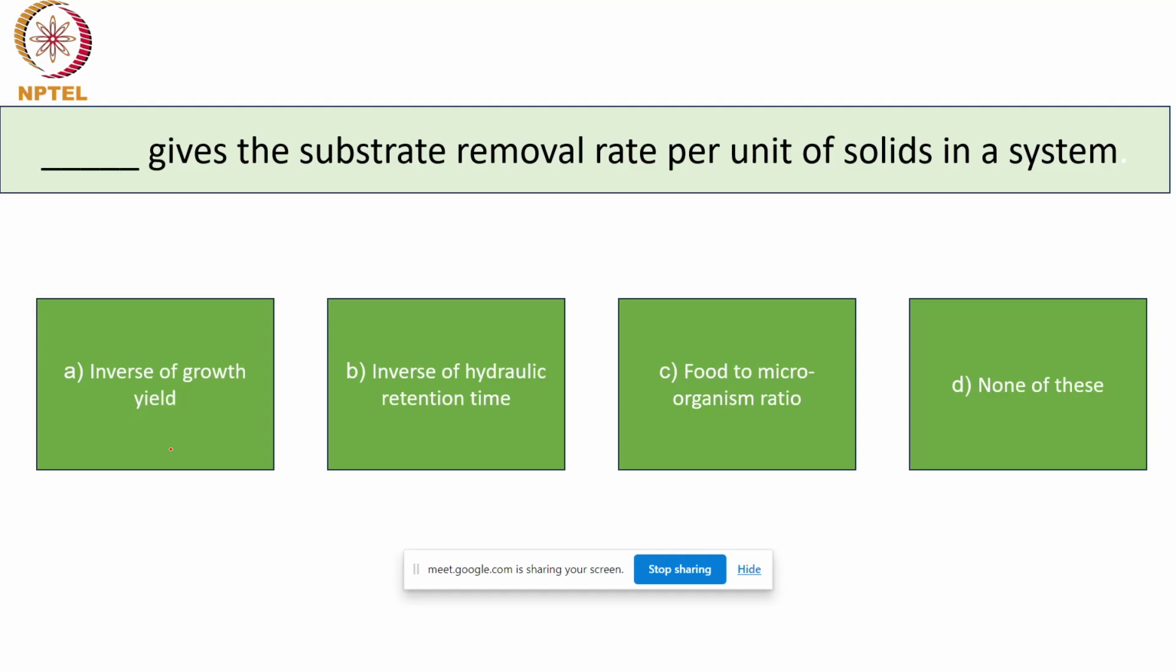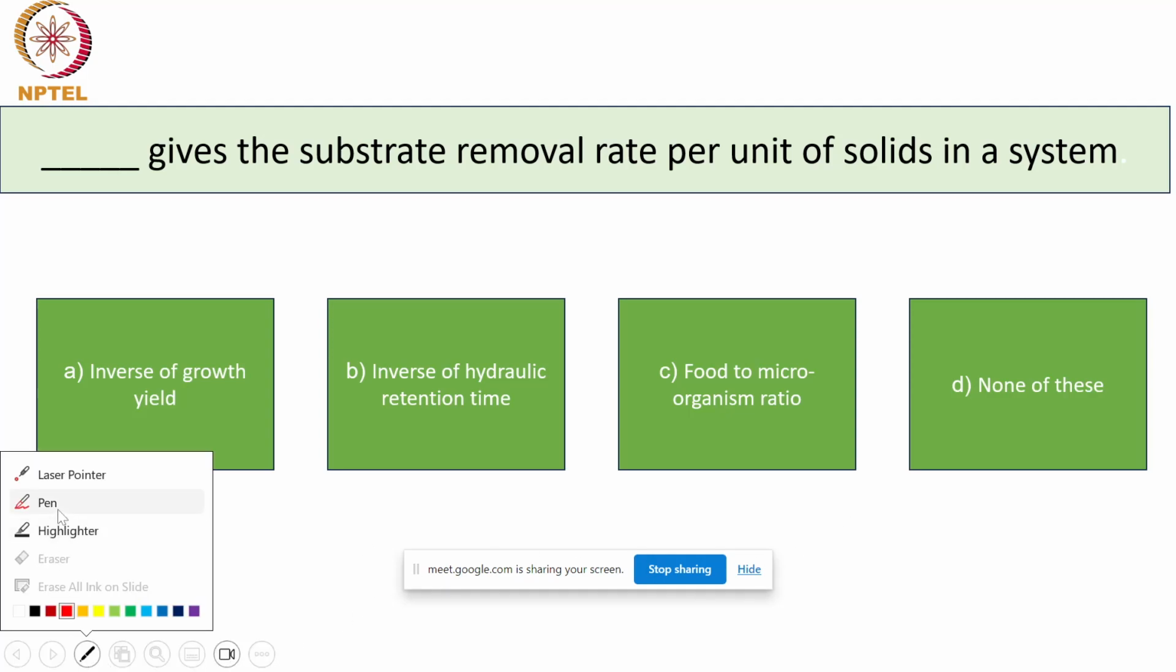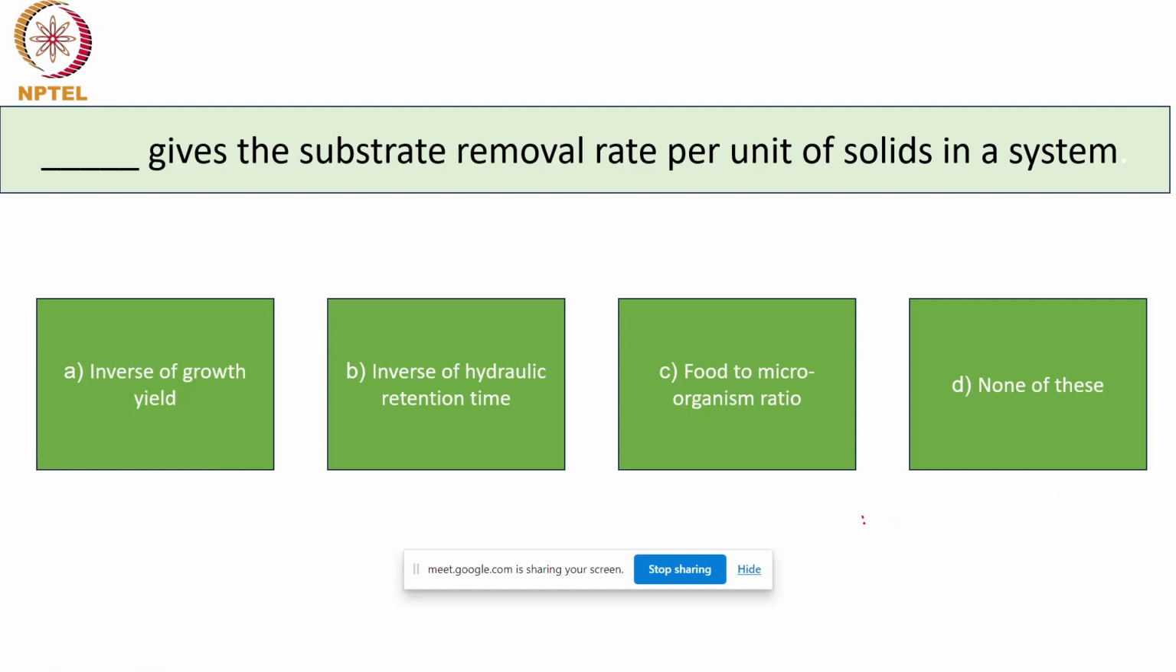So it is like, dash gives the substrate removal rate per unit solids in the system. See, in the system, what is getting removed? Substrate. And substrate is nothing but food to the microorganism. And solids in the system will be your biomass. It is basically the biomass, right? Because inside your reactor,